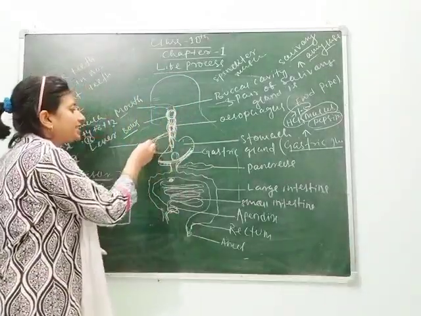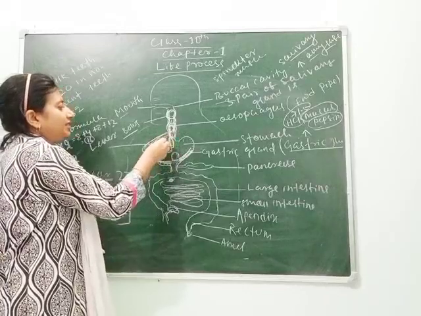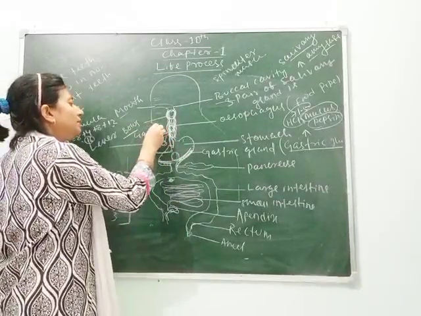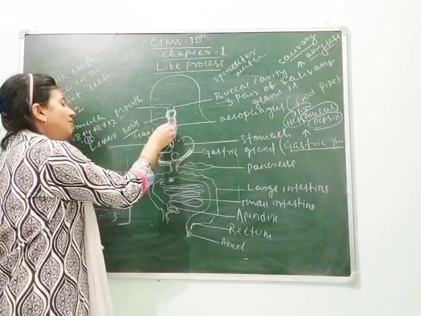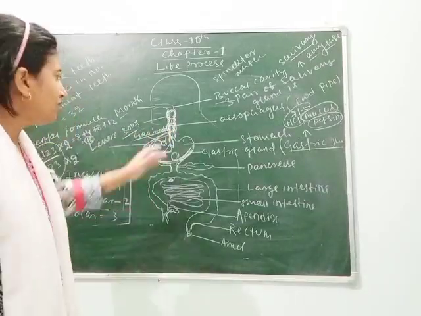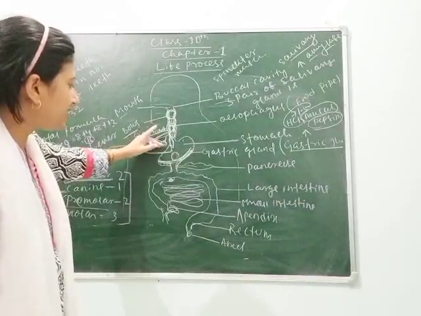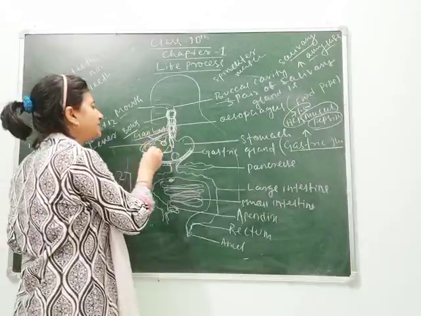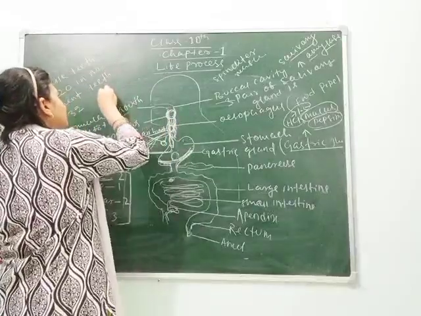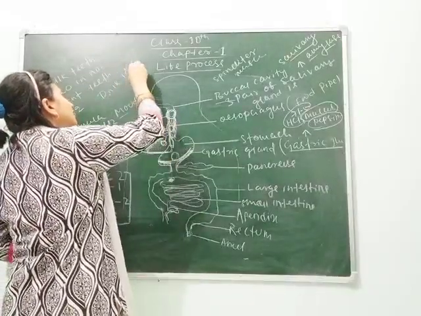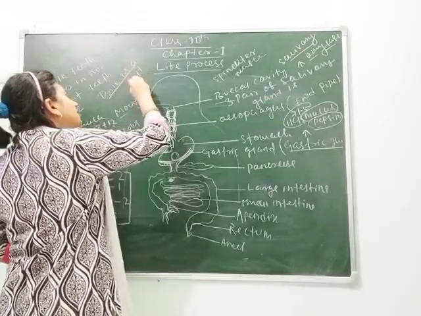That's why there are secretions from the liver. Here is the gallbladder. You have heard about the gallbladder. Some people operate on their gallbladder due to stones. The gallbladder stores bile, and the liver secretes bile. Remember, bile is not an enzyme. Bile is a salt, and its function is